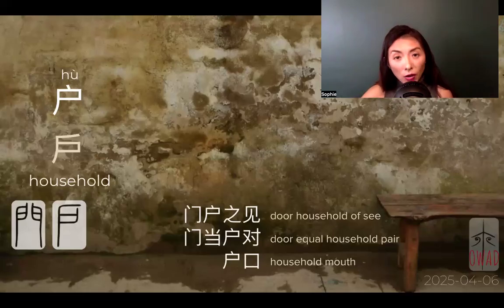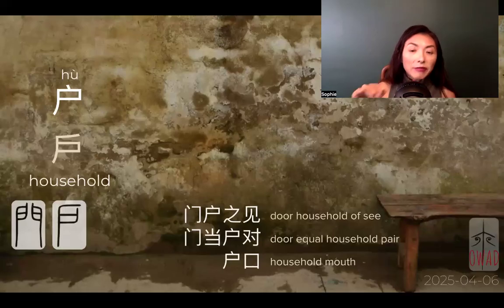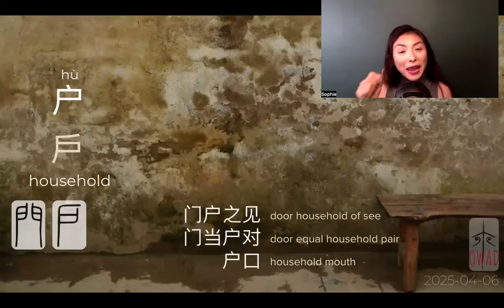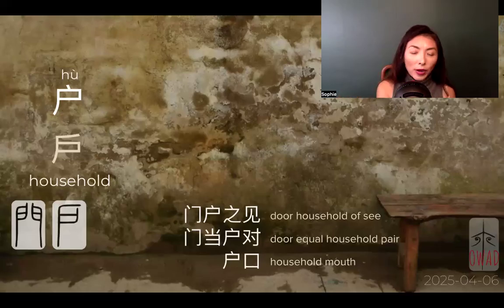And this 户口, this household and mouse symbolize population. Within that household, multiple mouths count, right? Then that's a unit of management for the government to count how many people are in there, how many houses, how many are renters or owners, things like that, right? And this 户口 would pin down exactly where you were born, where you belong managerially. And you don't have the right to a lot of services, like a kid going to school, you are confined to where you were born.